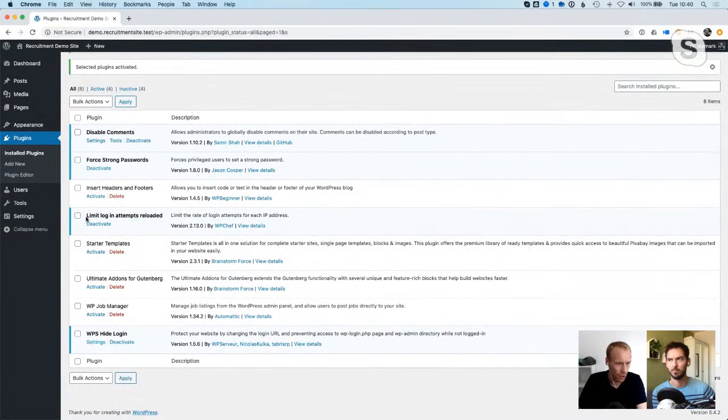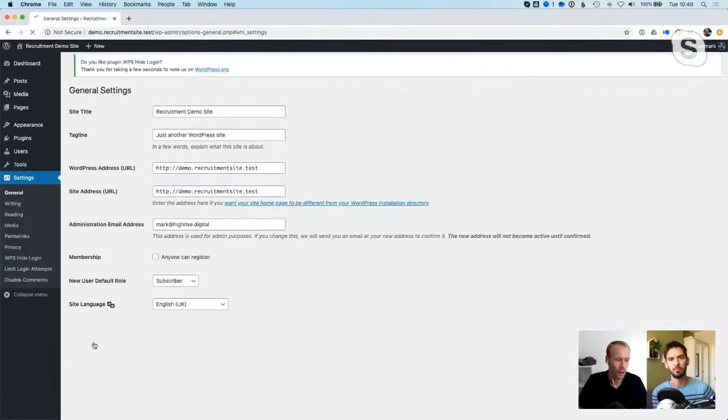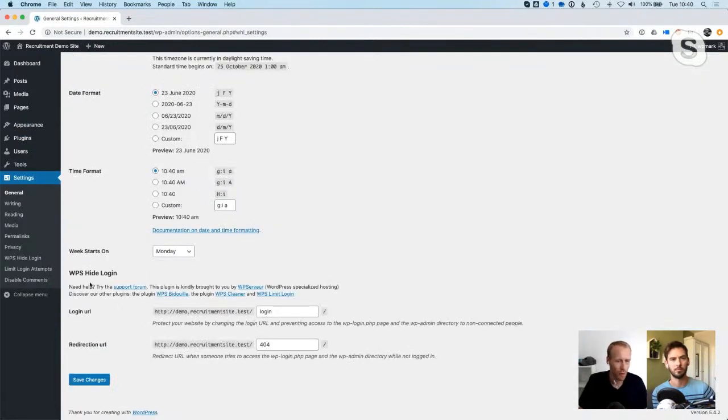Some of them then appear and show settings, like the disable comments. So the WPS Hide Login settings page allows you to set the login URL. So you can see that's at the bottom down here. So at the moment, it's going to use /login instead of the default wp-login.php, which kind of makes sense. So you can set whatever you want in there. It's up to you, but don't forget what it is, obviously, because